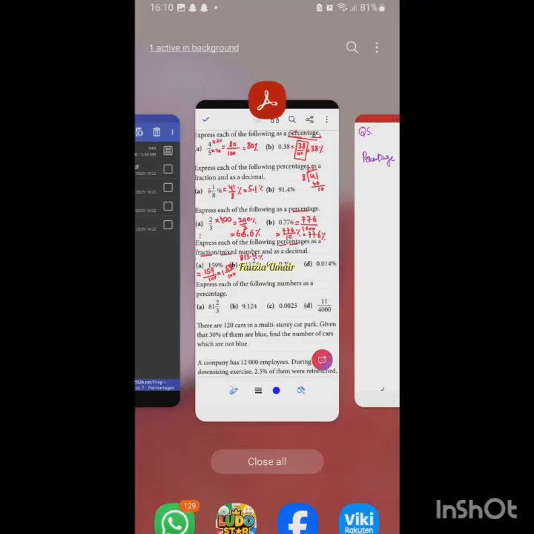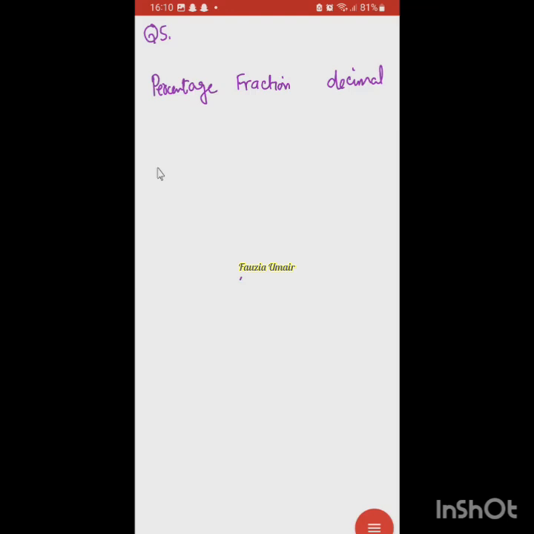Question number 5, I will share screenshot later on। Question number 5 is that the percentage is given to you and you need to convert it into fraction as well as decimal, right? So the first part was जो हमने अभी किया भी है, first part was 159%। तो इसका फ्रैक्शन क्या बना था अपरेश? Can you tell me 159%? The fraction was